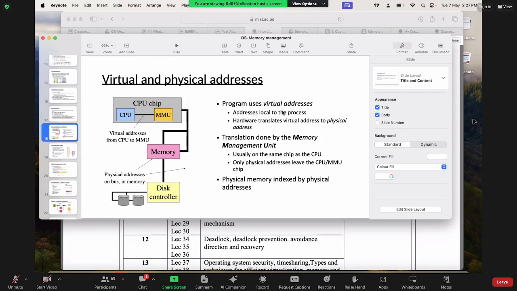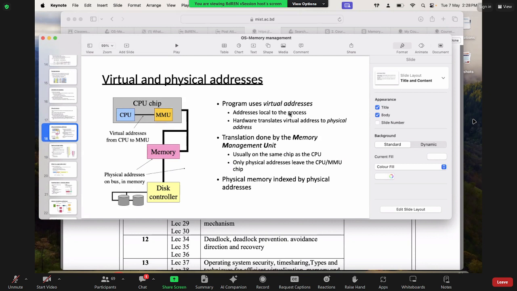So this thing, it may be a hardware, it may not be a hardware, it's a software component sort of thing. So whatever data we need, it will be placed in that so that we can access it. We'll just see. Now here it has the virtual address and the physical address.